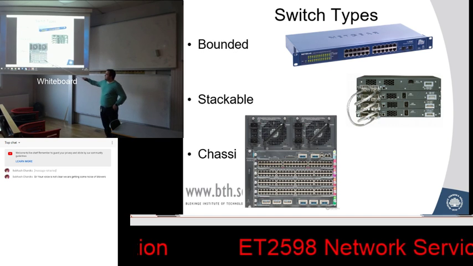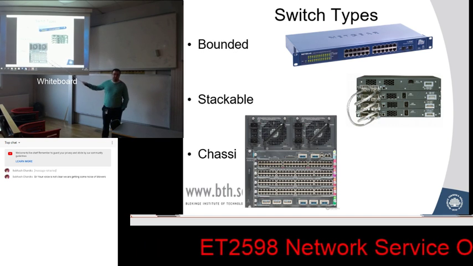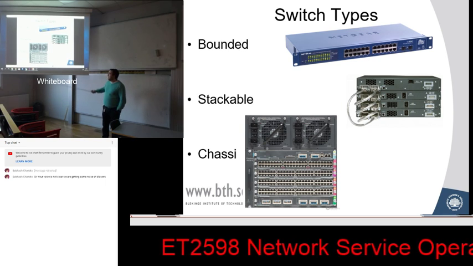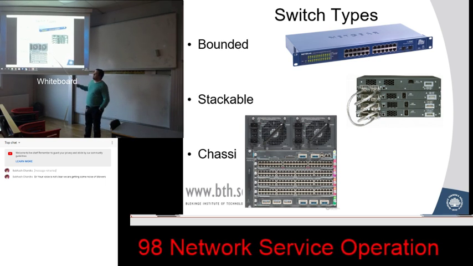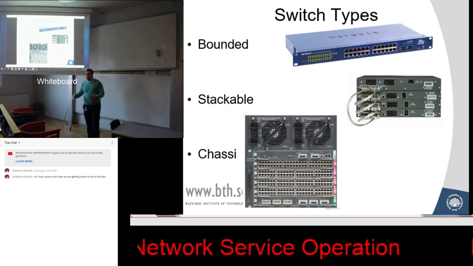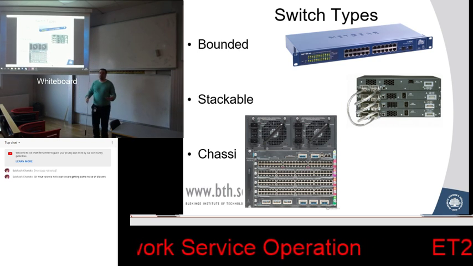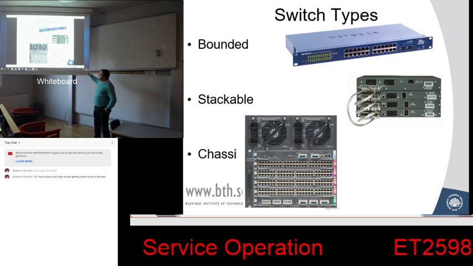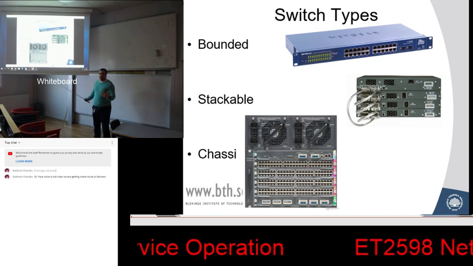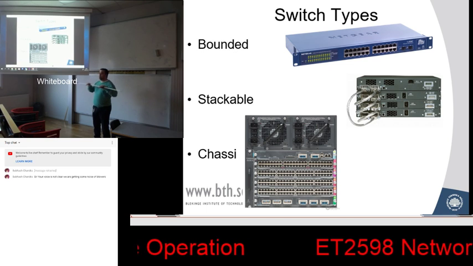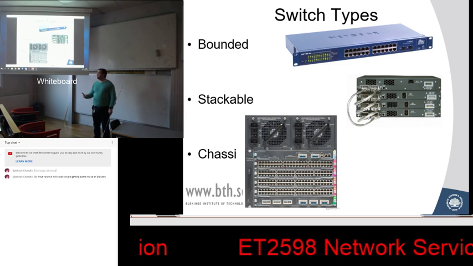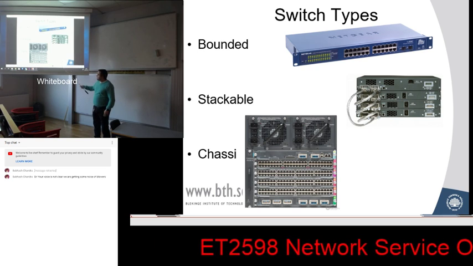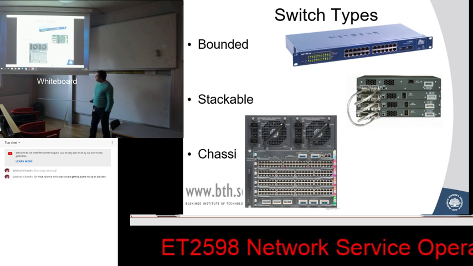Then we have the next level of switches that are chassis-based switches. That means you have a set of base equipment like power supplies, cooling, and what we're not seeing in the background, a cross-connect. And then you slot in modules depending on what features or functionality you want. So in this particular example, which is a Cisco Catalyst